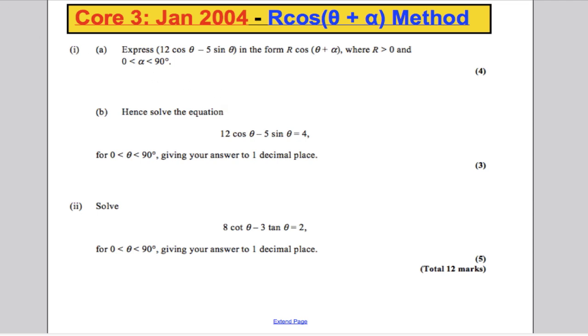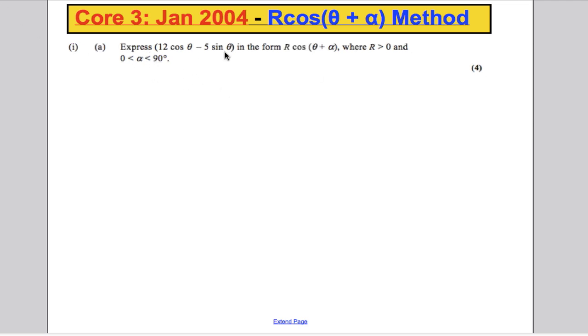Okay, going through this, let's go through part 1a. Express this in the form R cos(theta plus alpha), where alpha is between 0 and 90. I can start doing these quicker. I can say 12 cos theta minus 5 sine theta. Expanding this out in one go, knowing my addition formula, which is given in the formula booklet, that would be